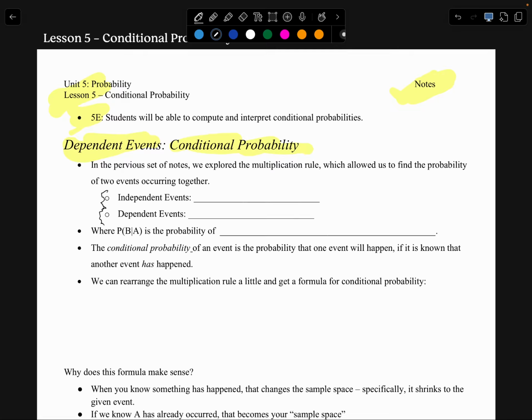And so you look at it like this. The formula for independent: things are independent if the probability of both of them happening is equal to the multiplication of the separate probabilities of each event. Okay? If those two things are equal, then you say that they are independent events. But if the probability of both of those things happening together is equal to something just a little bit different, again, the A